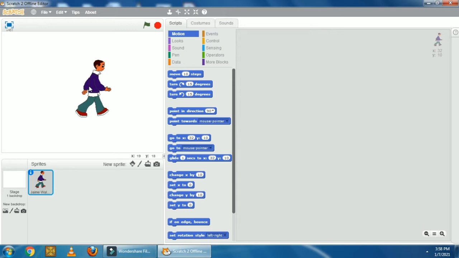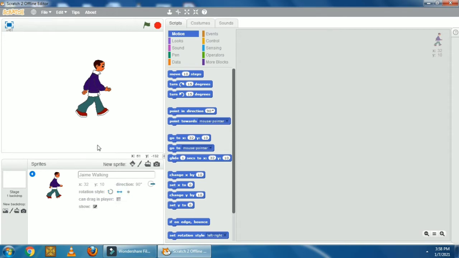Now open the sprite info pane. Okay, so this is the sprite info pane. Click on this and change the rotation style. It is by default circular, but we have to change it to the linear arrow rotation style that is given in your textbook. Okay, so select this linear arrow rotation style. Now our rotation style is changed. So now linear arrow rotation style enables the sprite to only face left or right. Okay, so this sprite will see only left or right now.